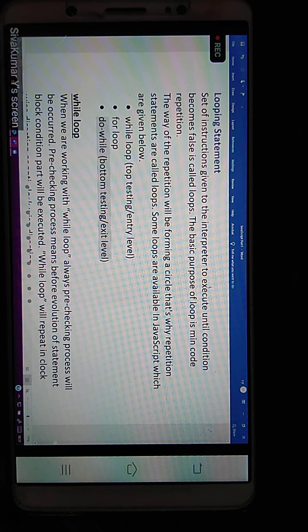The same condition testing happens at the exit or end of the loop. So for the first two loops the condition is checked at loop entrance, for the third loop at loop exit. So we call them top testing loops or bottom testing loops.